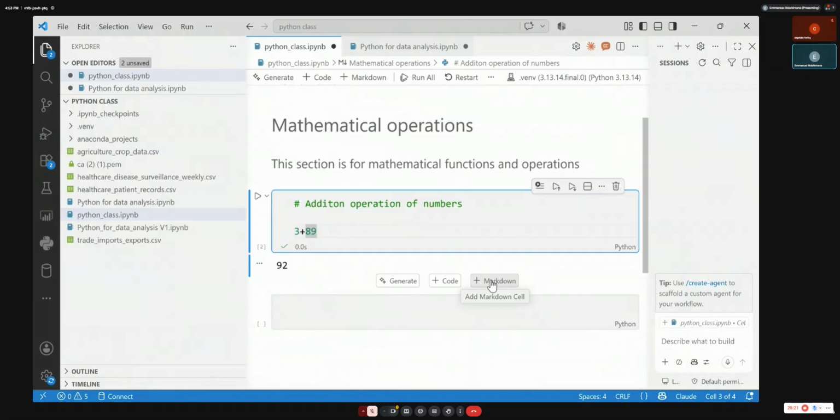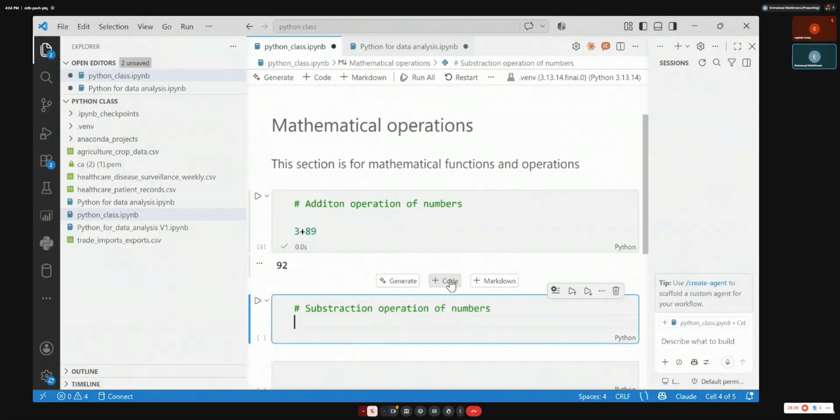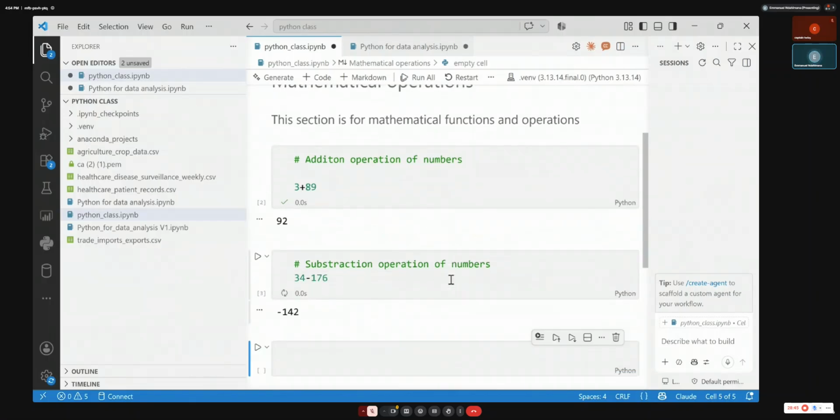But since I want code for subtraction, let's do subtraction. I can take any number minus something like this. If I run it, it will give me the difference between the two numbers.